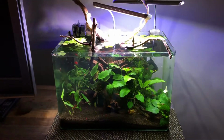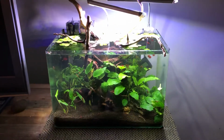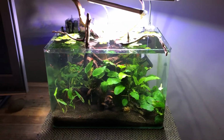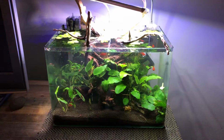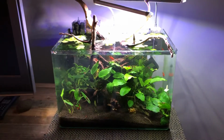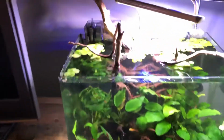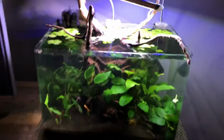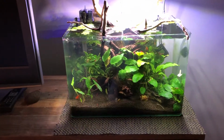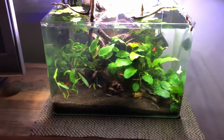We're looking at my 10-gallon driftwood bogwood tank that's in one of my daughter's rooms. I set this tank up a couple years ago and have not changed it much, although the plant life has reconstituted the overall vibe of this tank. I did take out plants that were growing out of the surface to let more light in so I could view the creatures and provide more site space in the basic real